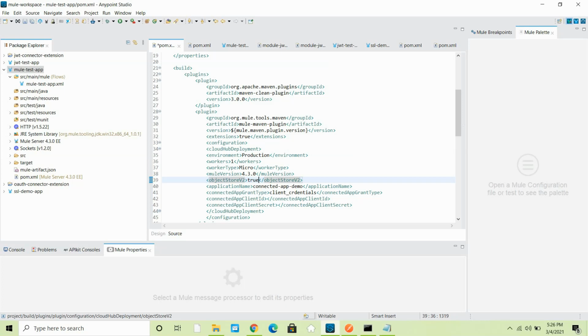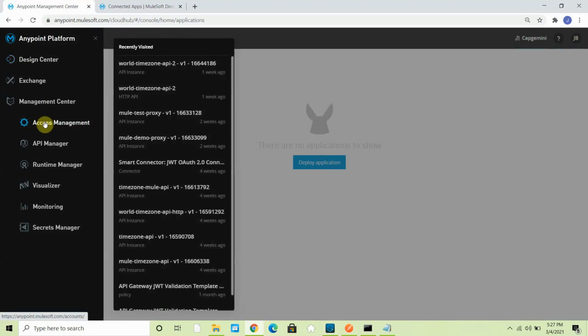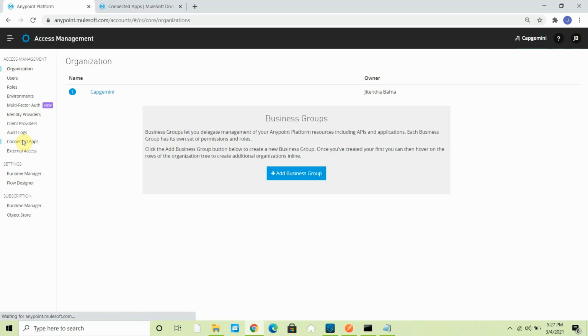In the last video we have already seen how to create a connected app client ID and client secret. So let me go back to my Anypoint Platform, and go to Access Management. Under Access Management you can look for Connected Apps.